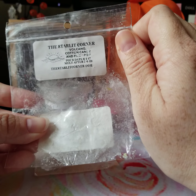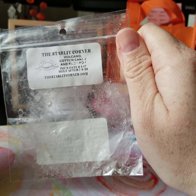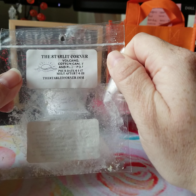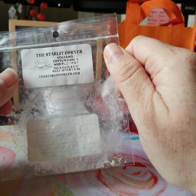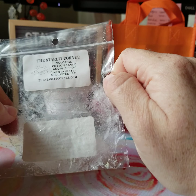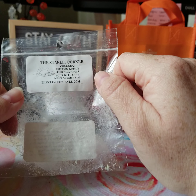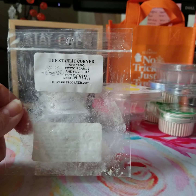This was absolutely yummy. Very effervescent, very, very strong. I would say for the amount of time that it warmed, I was ready for it to go around the 6th hour. Only because